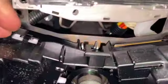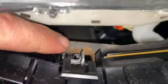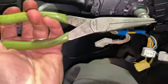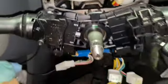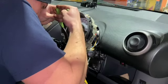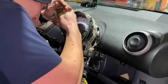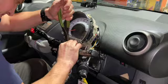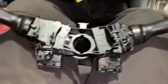Now that we've got that out of the way, just pull it up high enough, just far enough, so you can see this clip here. It's just a little spring clip. All you need to do, I've just got a pair of needle nose pliers, is grab that either side, pinch it together, and we should be able to slide this off as one piece. So we'll just get it off now. Right, so we've now got the whole unit off, but obviously ours only comes as the half section there